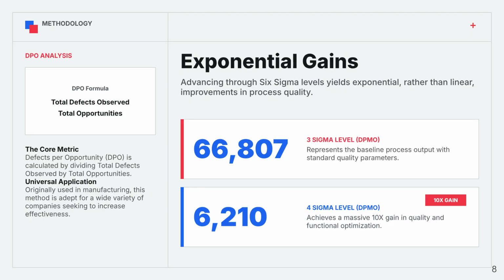Although it originated in manufacturing, it is equally useful in banking, healthcare, software development, customer service, and any business process where quality improvement is important. The slide also highlights how quality improves dramatically as sigma levels increase. A process operating at 3 sigma typically experiences around 66,807 defects per million opportunities. Improving the same process to 4 sigma reduces defects to approximately 6,210 per million opportunities. This represents nearly a tenfold improvement in quality, showing that even a 1-level increase in sigma can produce significant business